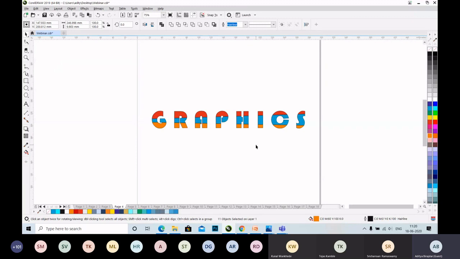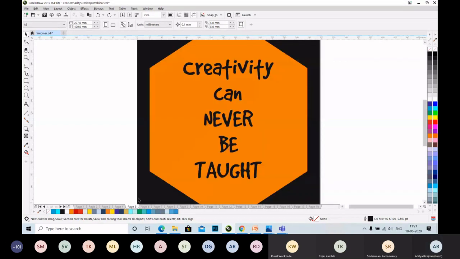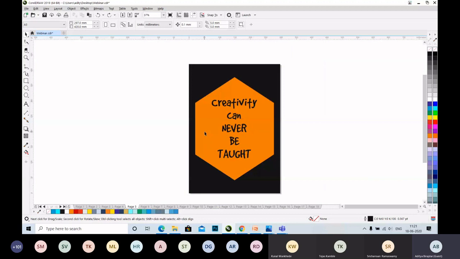Then to give it some splicing effect, we will move these parts not more than 1 mm towards up and down. Here we have some appealing graphics over here. I can teach you how to use the software, but it's up to you guys how well you combine those and make the most out of it.